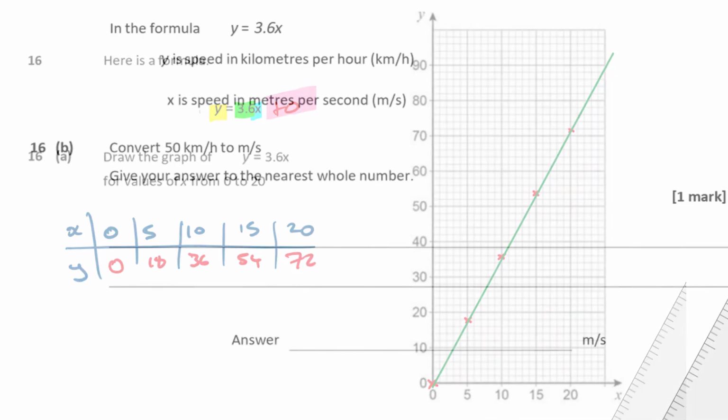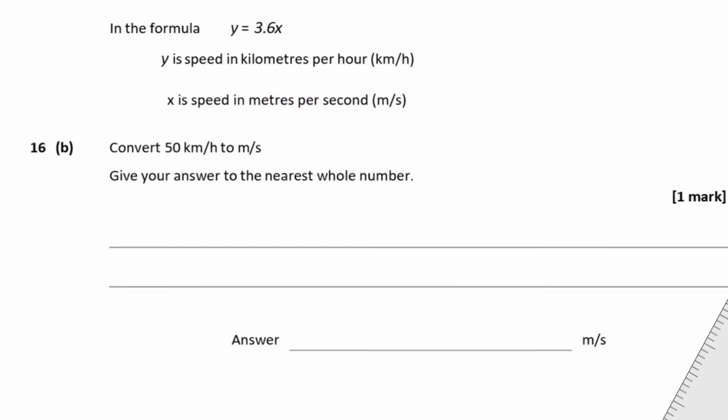There we go. Part B says in the formula y equals 3.6x, then y is the speed in kilometers per hour, x is the speed in meters per second. So convert 50 kilometers per hour into meters per second. Kilometers per hour, that is this one, isn't it? So the y value is going to be 50, and we want meters per second, which is the x value. So when we're subbing this in, I'm going to sub these numbers in. So 50 is equal to